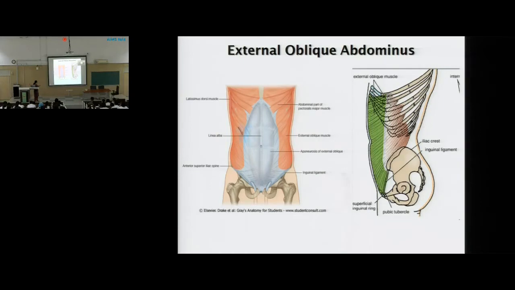And I told you these fleshy fibers are going to become aponeurotic along the line of the linea semilunaris. That is why, when you see the anterior abdominal wall, you will appreciate the fleshy fibers laterally and a whitish structure in the center. Why? Because they have to form a sheath here. That sheath has to cover the rectus abdominis, which is rarely visible because it is covered by the aponeurosis of these muscles. How, we'll discuss. So now we know that this external oblique is going to get inserted in this manner.